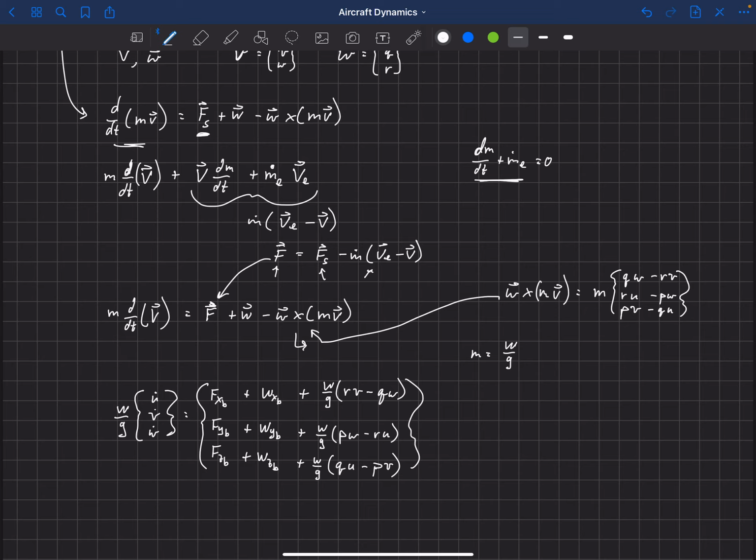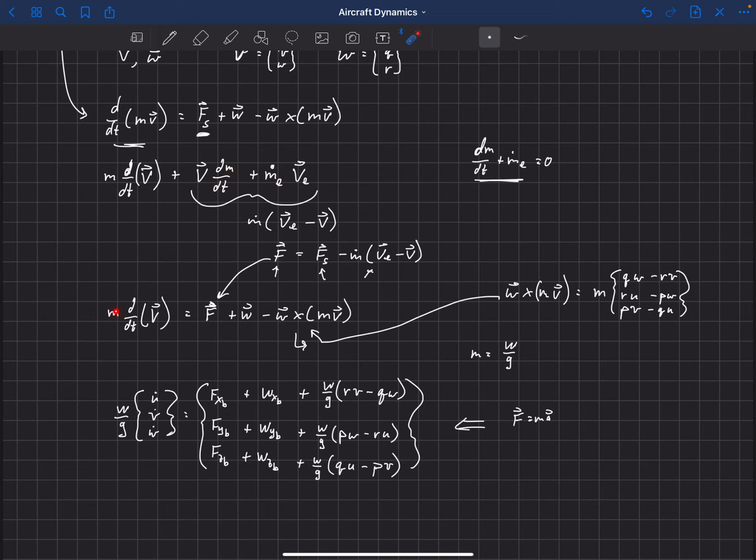Okay, so this is simply Newton's second law. This is our F equals ma equation. We've just rewritten it, rearranged it. We've included thrust inside of this force vector, and that's going to include our change in mass with respect to time that's exiting. Now, what this means is that this m over here, we've already included the effects of changing that mass with respect to time, this dm dt term here.